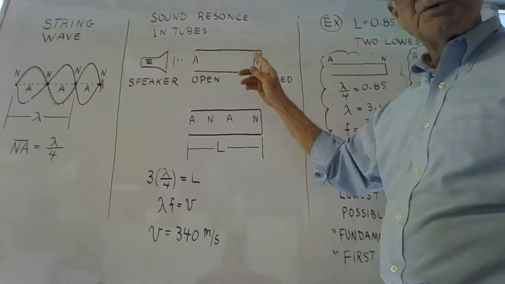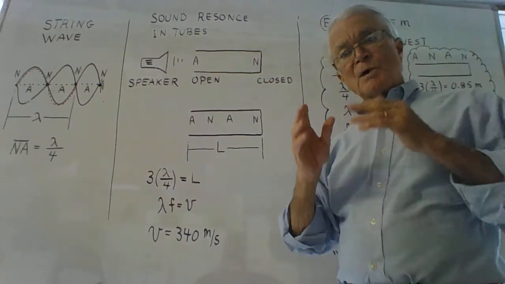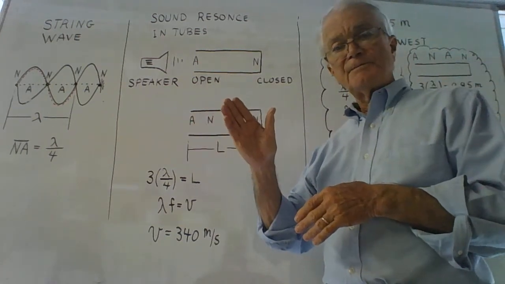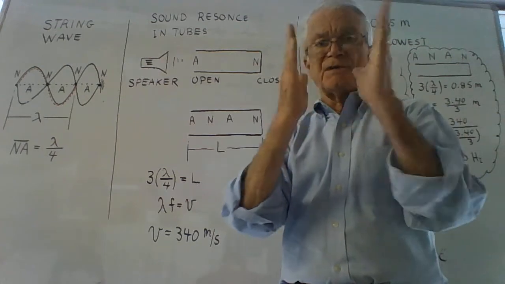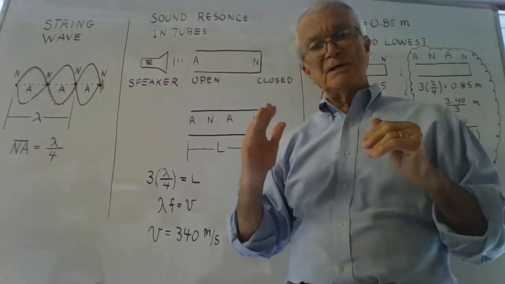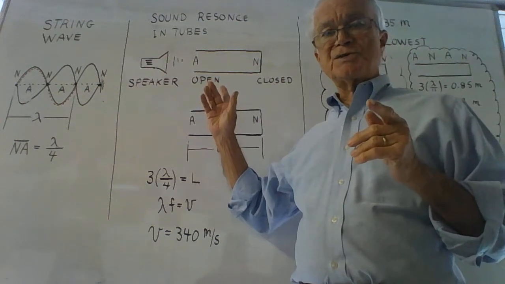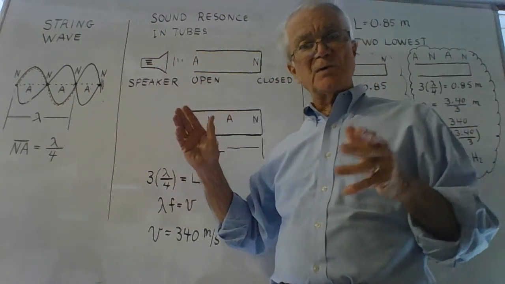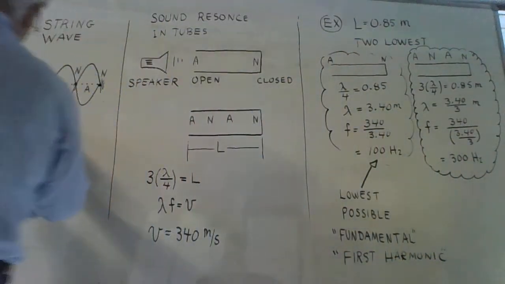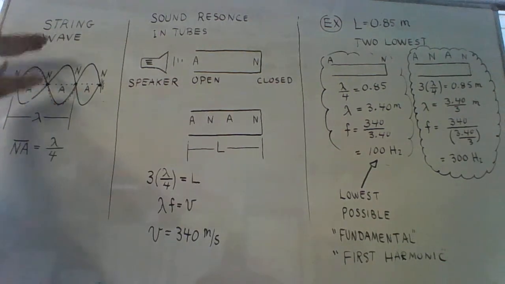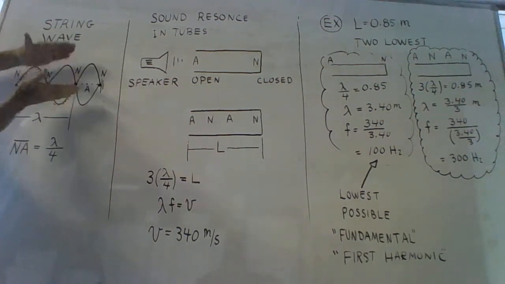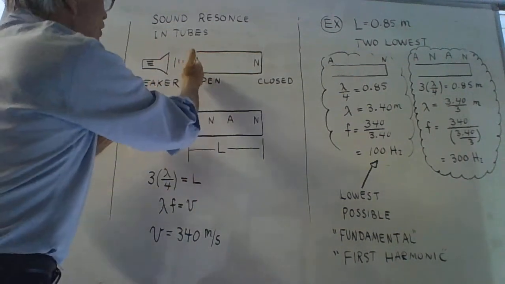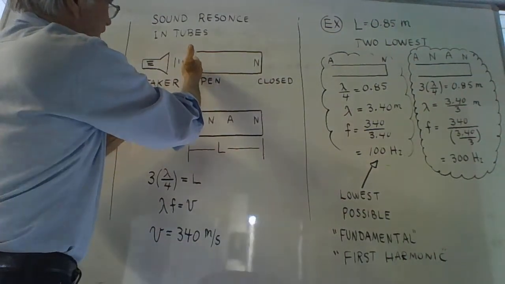It's important for you to know the following. Wherever there is an antinode in a sound wave, the air molecules are vibrating back and forth at that location. That's the behavior at an antinode of a sound wave. It's analogous to the behavior at an antinode in a string wave. Let's walk back over here. At this location where there's an antinode, the string is doing this, doing that, and frozen at places in between. So what we have here at the open end of this tube, which is an A or an antinode,